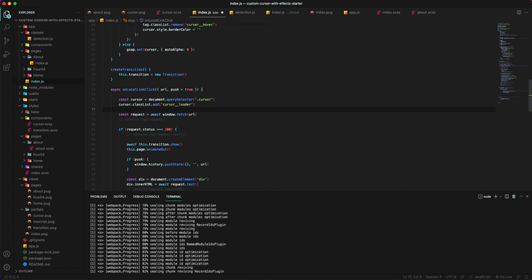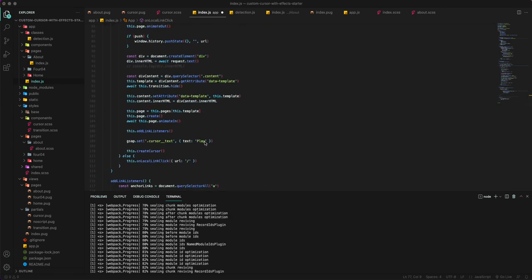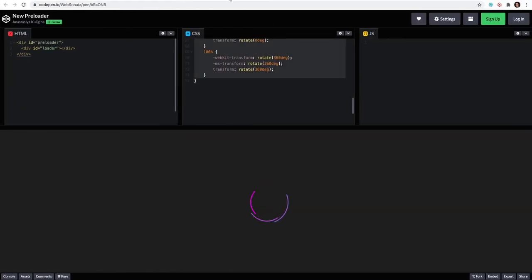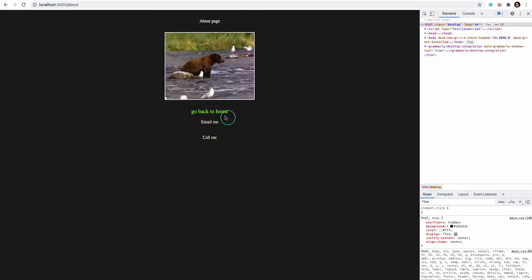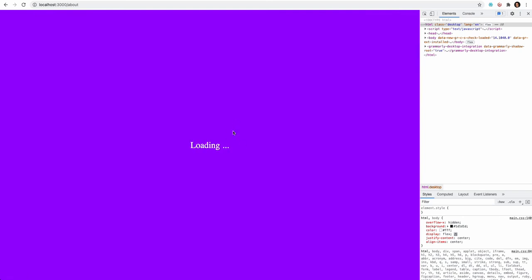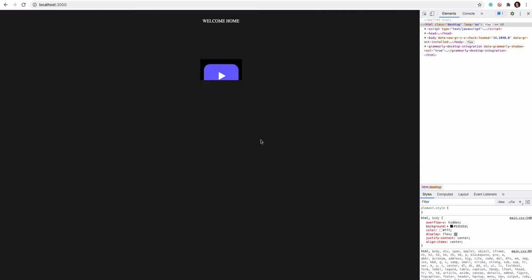So what this is gonna do is basically change the circle to this animating effect here. And at the end, when we are done with our transition, I need to remove that class so that it goes back to the circle. So if I go back to my localhost here, let's see if that works. I'm gonna click here. Oh, this is not really working. It disappeared, our circle, and it's coming back now, but we really didn't see that